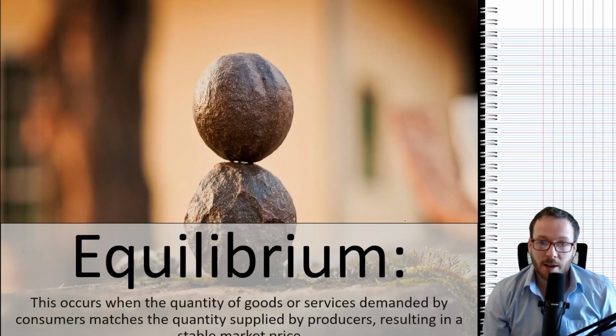Okay, so we are now on Unit 2, Class 3. And this is the big boy. This is about equilibrium. This is where demand meets supply, and we need to plot this on a graph. So equilibrium is a word we use a lot in economics, and that's why I've put that beautiful stone balancing on top of the other one. It's defined as the quantity of goods or services being consumed matching the quantity supplied in the market. If you don't know about demand and supply, have a look at my last two lessons and let's get moving